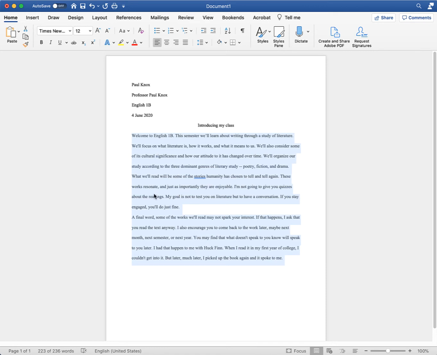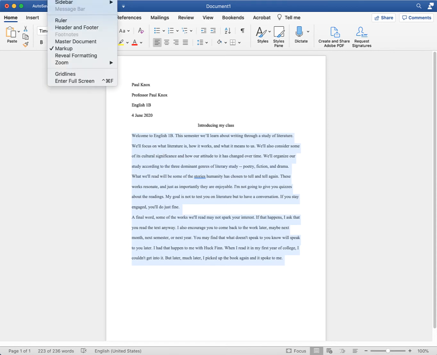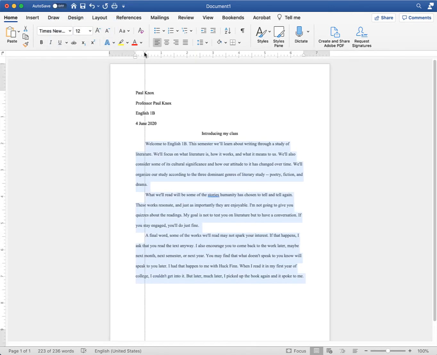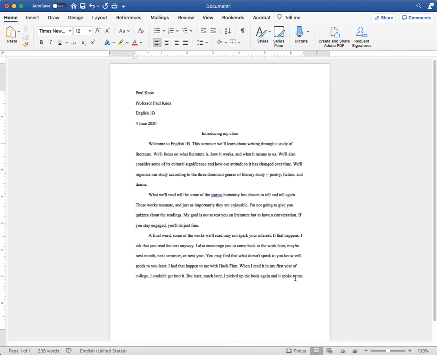You may have noticed that our paragraphs are not indented. We want to take care of that. So what we're going to do is show the ruler. With everything selected, we're going to drag the top arrow over to the ½ inch mark. And now every paragraph will be indented exactly 1/2 inch. We won't have to use the tab key or anything. So anytime we start a new paragraph, it'll indent over.